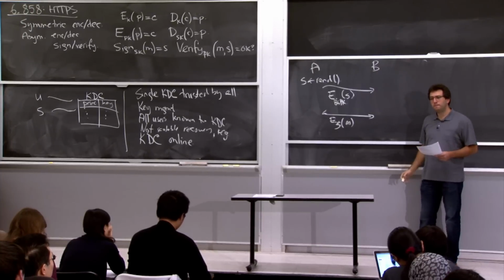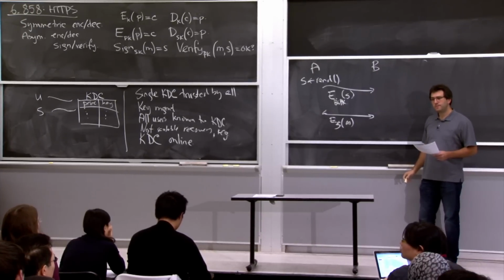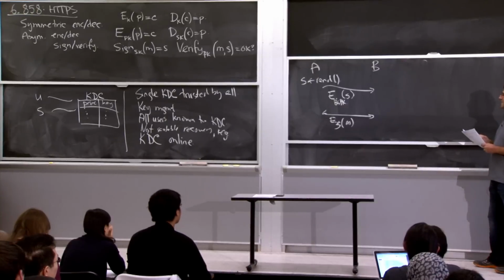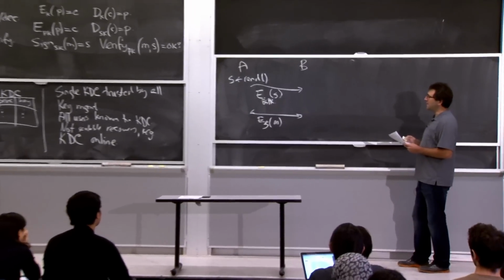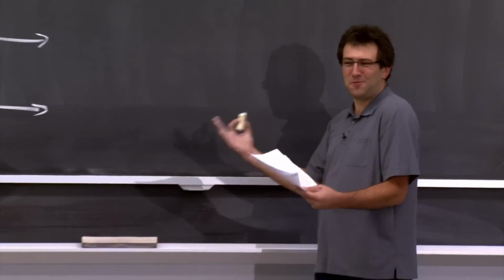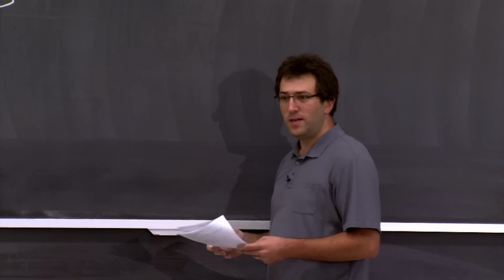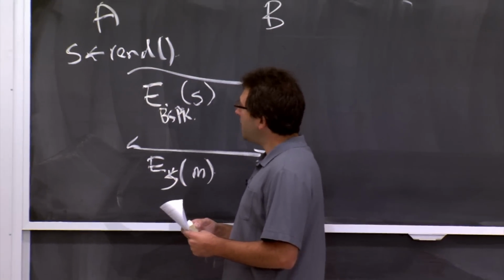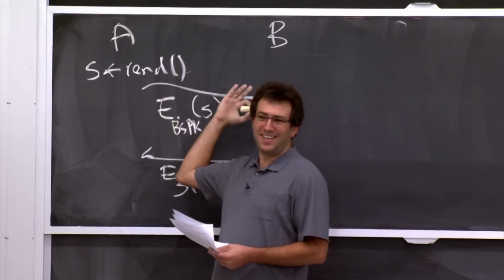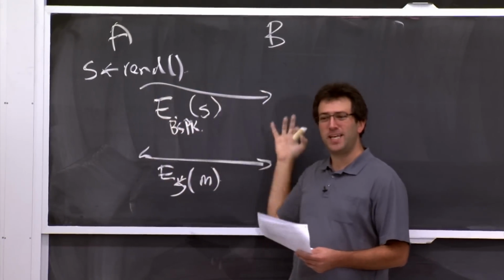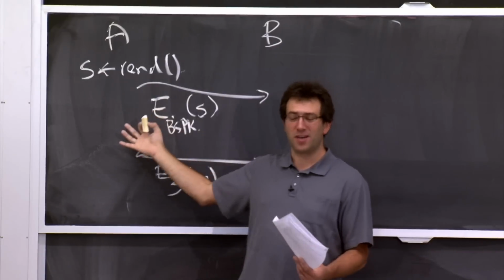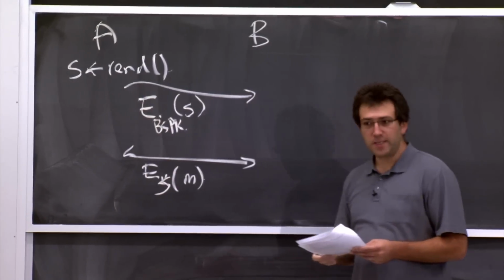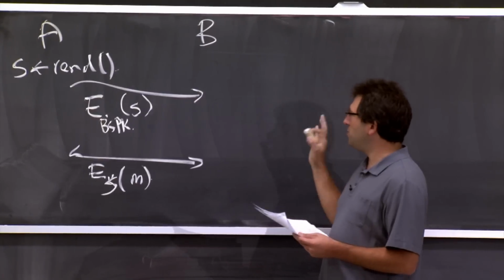Yeah? Does it matter whether the user or the server generates S? Well, maybe. I think it depends on exactly the considerations or the properties you want out of this protocol. So here, certainly if A is buggy or picks bad randomness, and the server then sends some data back to A thinking, oh, this is now only going to be seen by A, well, maybe that's not going to be quite right. So you might care a little bit. There's a couple of other problems with this protocol as well.